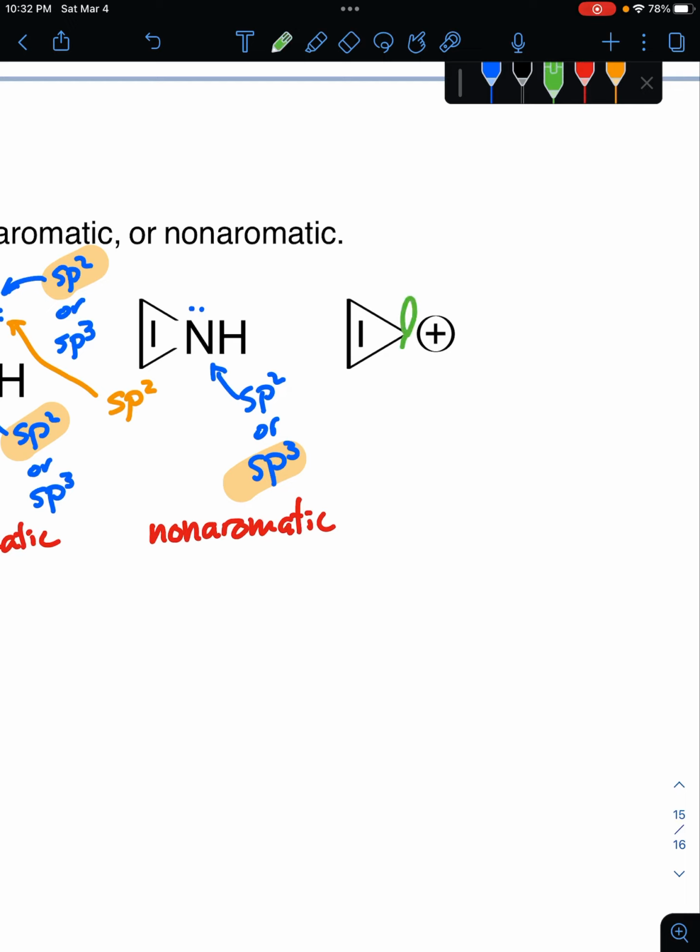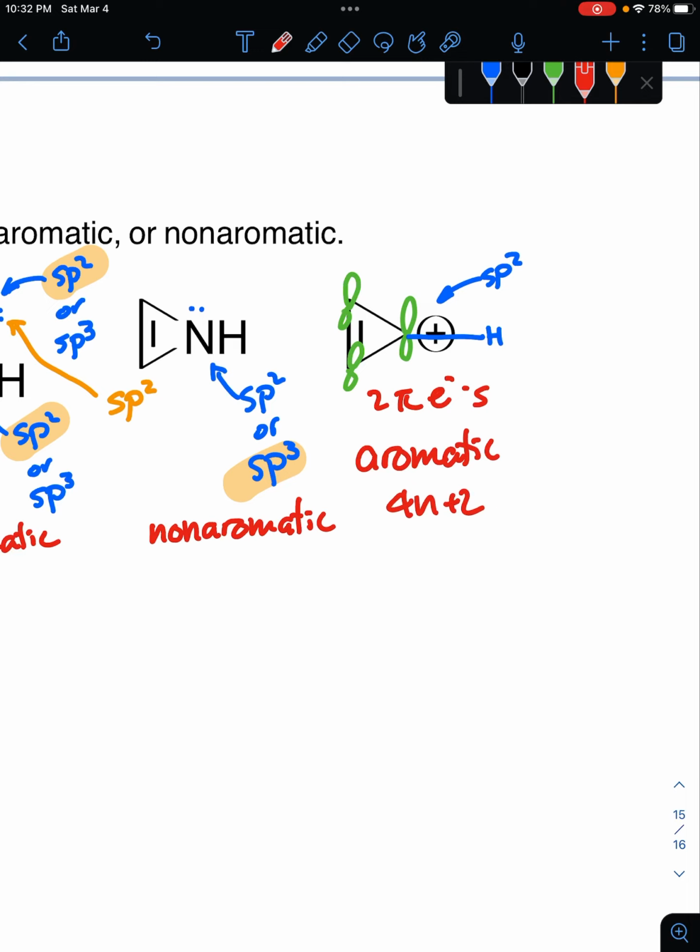This has a carbon that is sp2 hybridized. This does have a hydrogen on it. Okay, with an empty p orbital, hence the positive charge, which means there's 2 pi electrons in this ring, and this is indeed conjugated, right? This carbon has a p orbital, this has a p orbital, and a three-membered ring cannot help but be planar, because 3 dots will always occupy the same plane, right? So for that reason, this is also aromatic, because